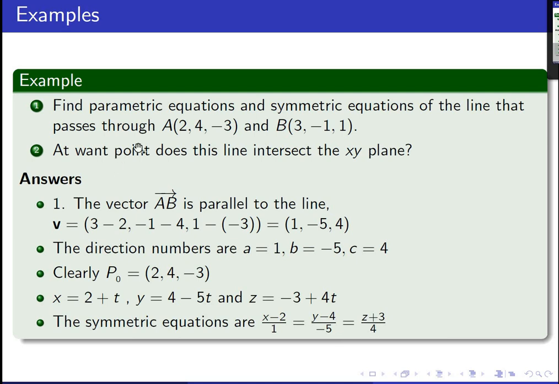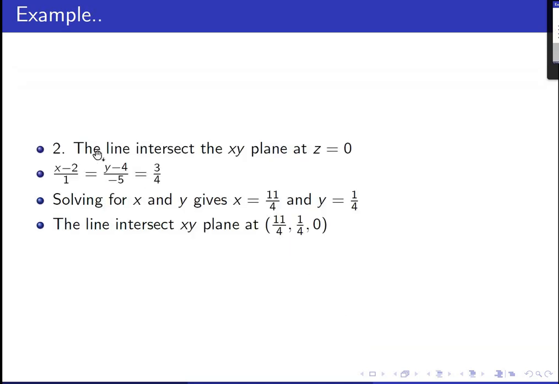And in number 2, we want to know at what point the line intersects the xy plane. We all know that as soon as our line intersects the xy plane, it means that the z component is 0. So we're just going to substitute 0 into this equation to find that